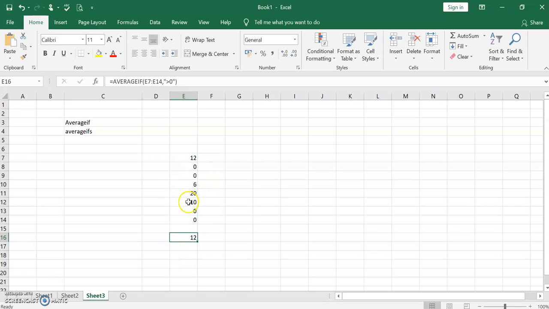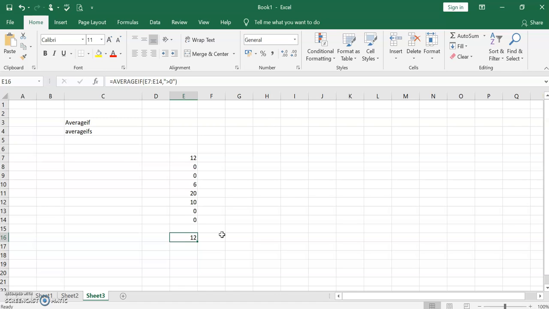If you just calculate, it has taken these values, 18 and so on. If you select here, it gives the sum of 48. So the average here, for values more than 0, is 12. That is the average of the selected cells. So this is AVERAGEIF when you're selecting it.